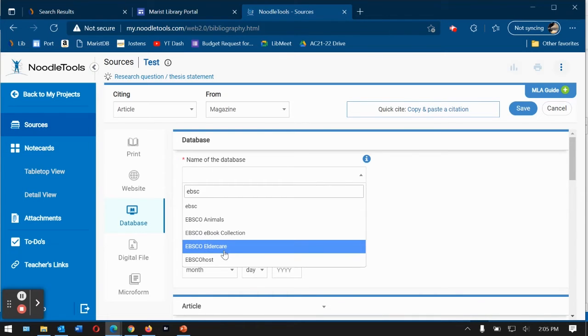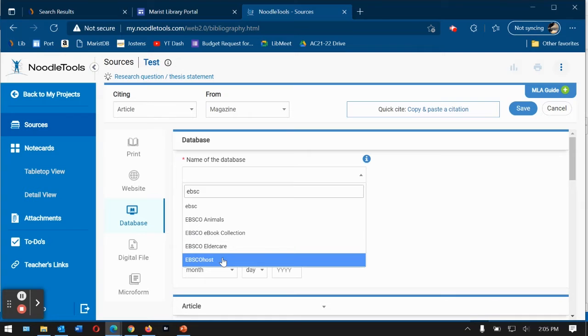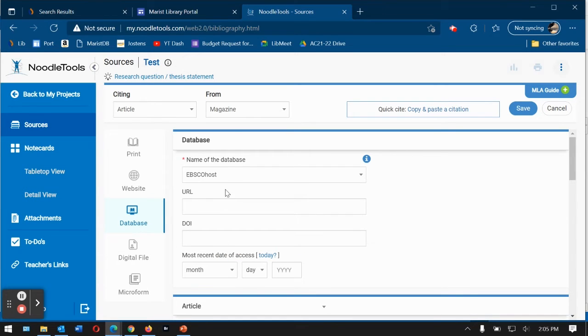And I just come down here and pick what I've got closest to what I'm using. If you see that it's not coming up in that list, just finish out typing and move on to the next box. The URL you will get from the top of the screen for the source you are using. It's the part that says http://